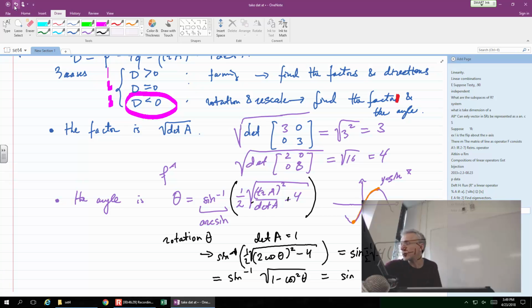Sine inverse square root of sine squared theta. And as you can see, it works out. This is theta. Okay, just the sign. We'll have to review this next time just to make sure that we got it straight. Okay, so try to think about